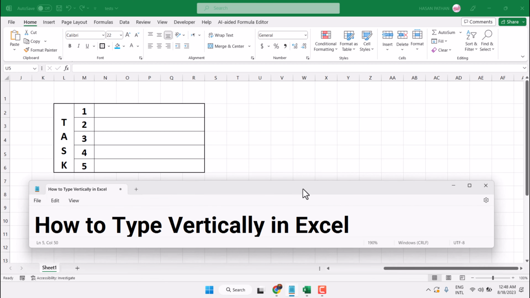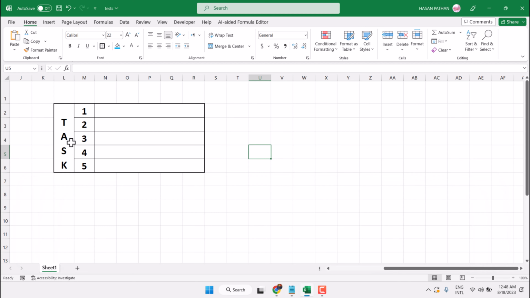In this video, I will show you how to type vertically in Microsoft Excel. So very simple and easy way you want to type this type. So type your text, type your text